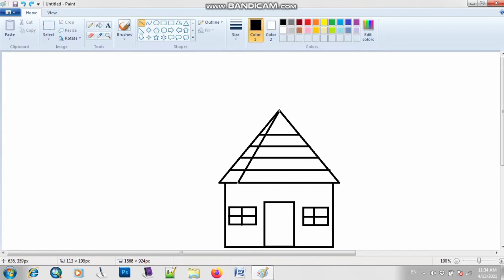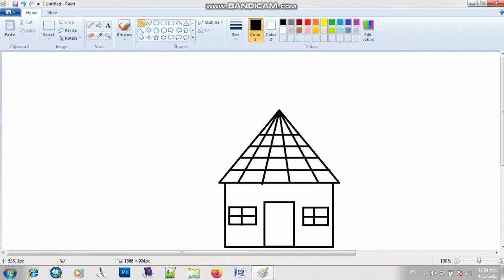In this way, I will start from the top and end at this line. Is it clear? So I have drawn this hut by using different shapes.